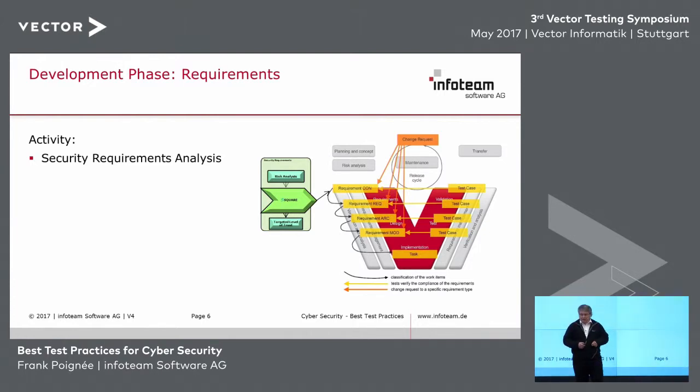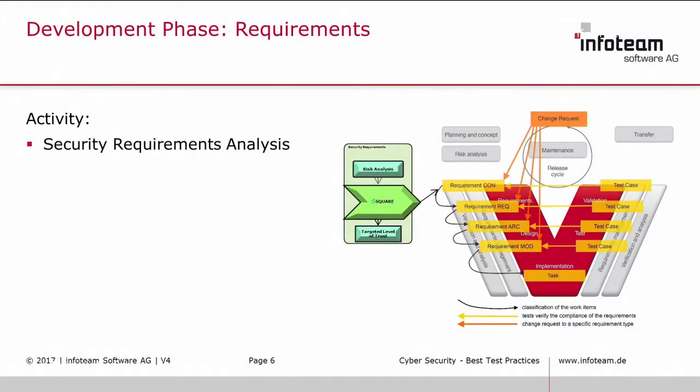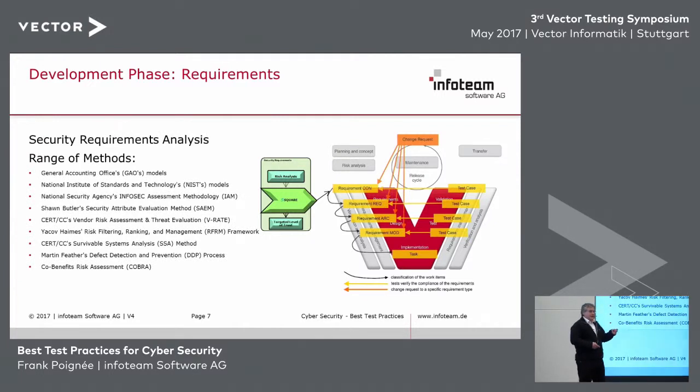of getting to this topic is a standard which deals with security that comes from the 27K series, and it says at the beginning of an analysis you can look at the requirements. We are doing this anyway from the safety aspect, because ISO 26262 and IEC 61508 are requirement-driven processes. So in their very core, this is about requirements. And if I do the same thing, if I take this as a yardstick, if I'm in the requirement analysis phase, I can look at my methods in order to show where I have possibilities to get security requirements. There's an entire set of methods,